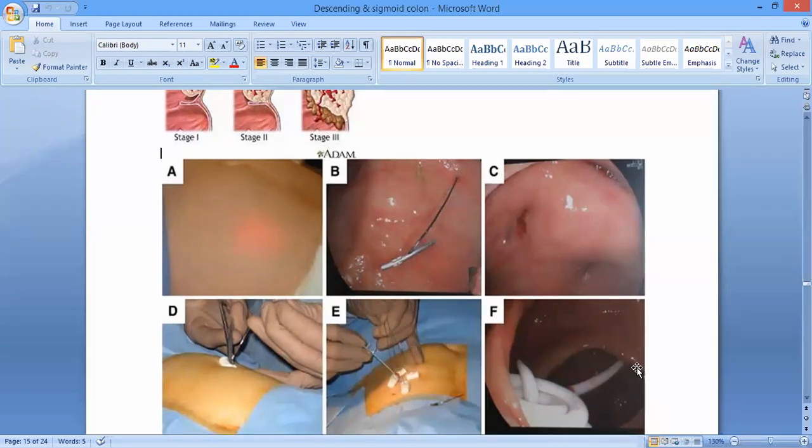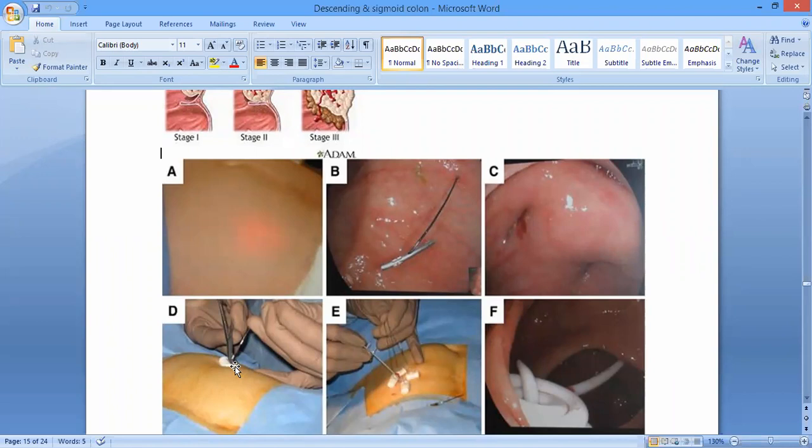Then sometimes we have to do a procedure that's called a cecostomy, right? Ostomy is a word which means making a hole. Because the cecum is the most mobile part of the large intestine, and it's lying close to the anterior abdominal wall, we make a hole in the anterior abdominal wall, make a stoma or opening, and we suture or fix the cecum along that,